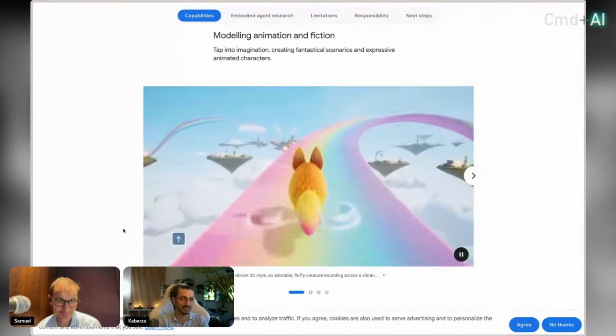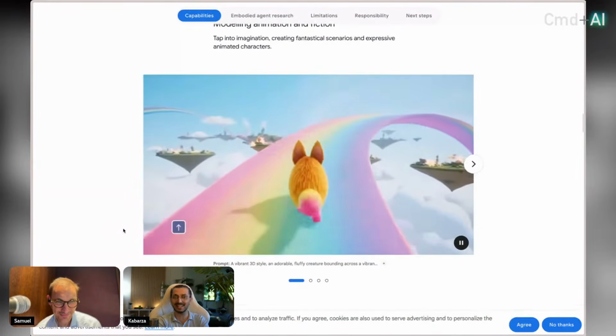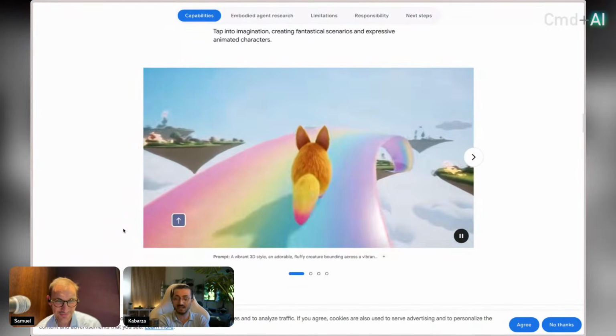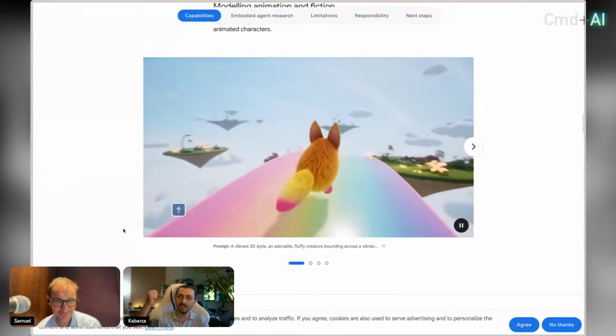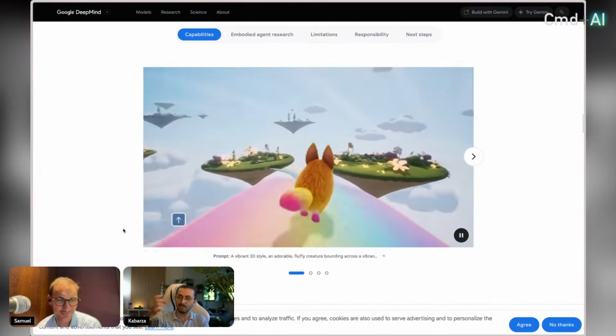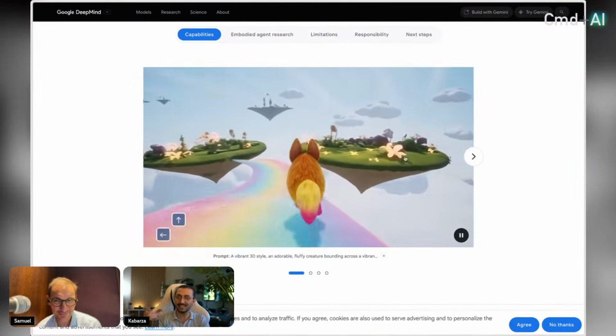GTA 6 with their amazing visuals. We've seen the visuals, right? Have you seen they have the beer, and the fluid inside of the glass is moving in the GTA 6 trailer, and it's amazing. But will we have that first, or